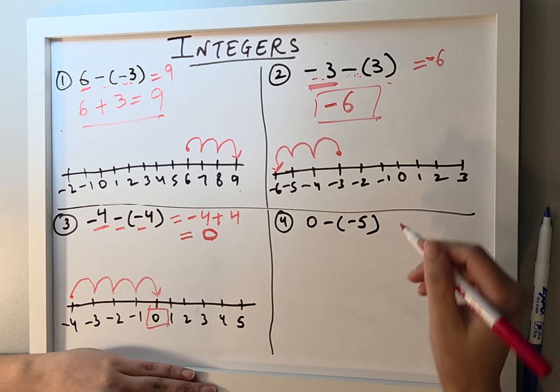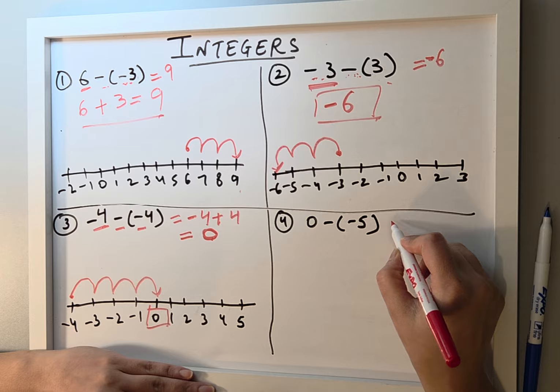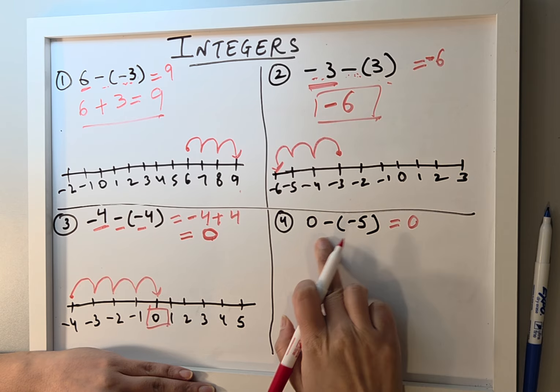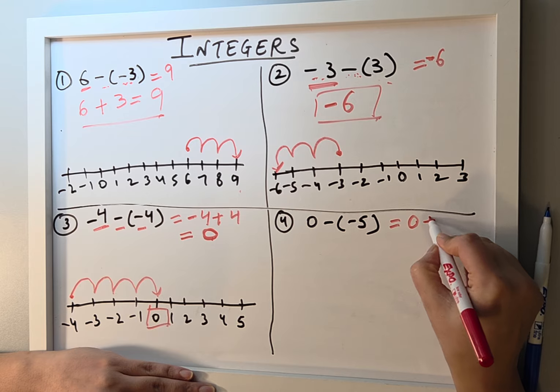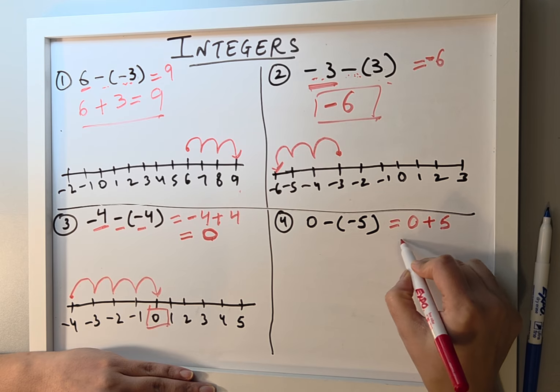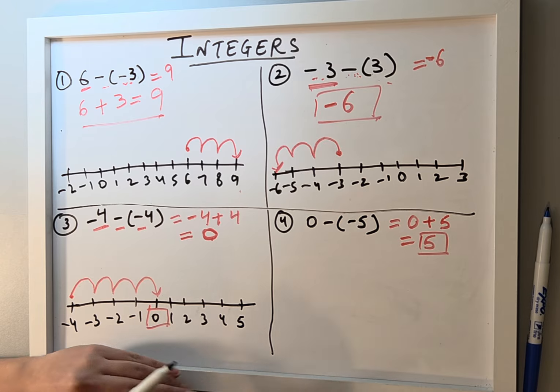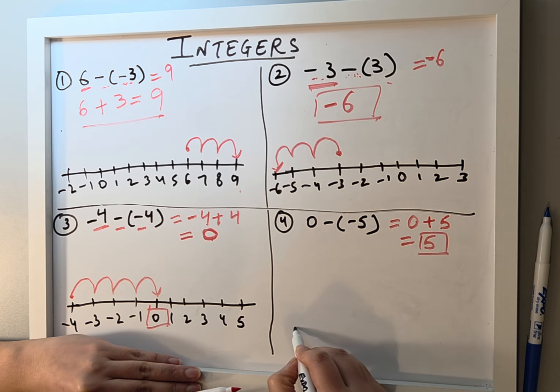Okay. Now let's look at the last question. So here with the rule, what does it say? 0 minus minus becomes plus. So 0 plus 5 will give us 5. Okay. And with the number line,